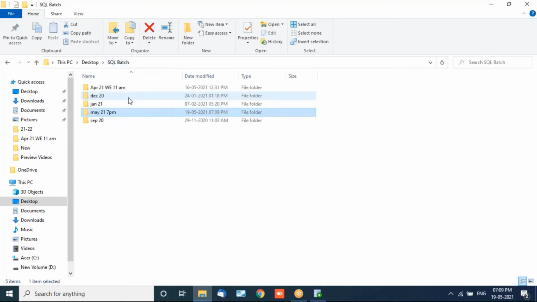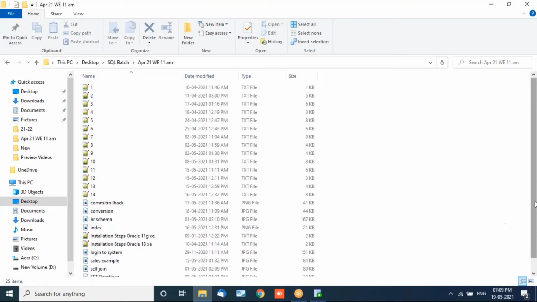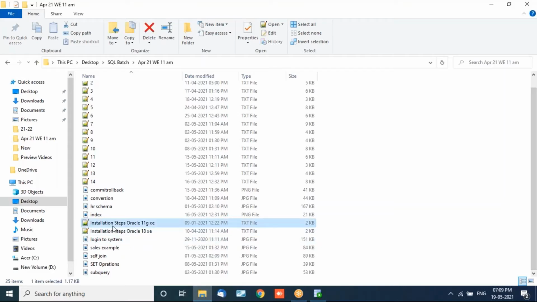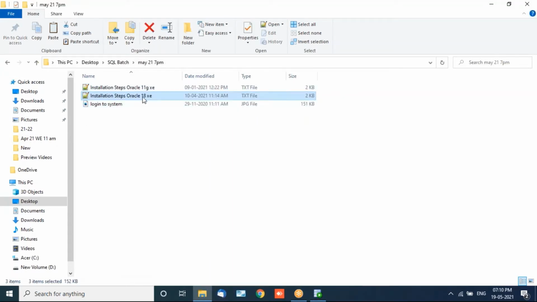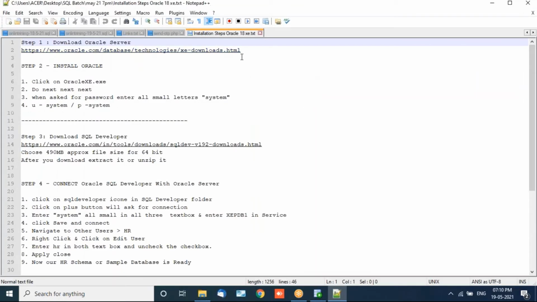So I'm copying the installation files and the steps over here. People who have Windows 7 can go for 11G, and those with a good performance laptop like i3 or i5 can go for the newer Oracle. For SQL or PLSQL, the changes are very little, so it doesn't matter. I'm giving you both. The latest version is 18C, so we'll be working on the 18 XE version. When you open this particular URL, you can see all the links. You can copy this link and paste it.